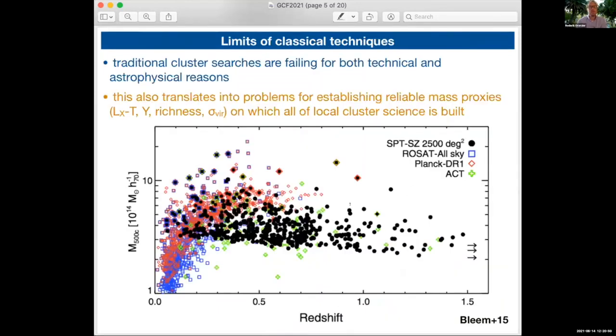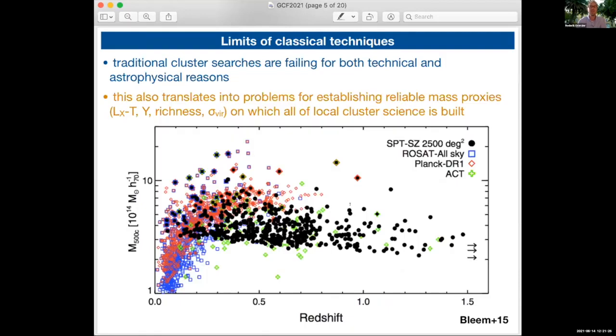I think we all know that the classical cluster search techniques have limitations. These limitations limit our samples and selections to redshift 1.5 to 2 or so. These traditional searches are failing not only for technical reasons, right, X-ray sensitivities, etc., but also for astrophysical reasons. So the components of clusters that we are used to look for simply did not exist yet before these clusters